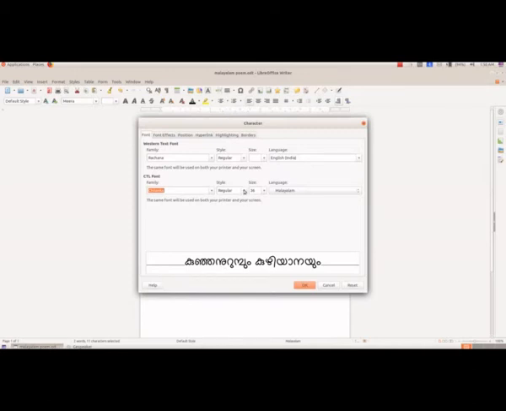And if you want, from here we can change it to bold or italics. And we can change the size also.